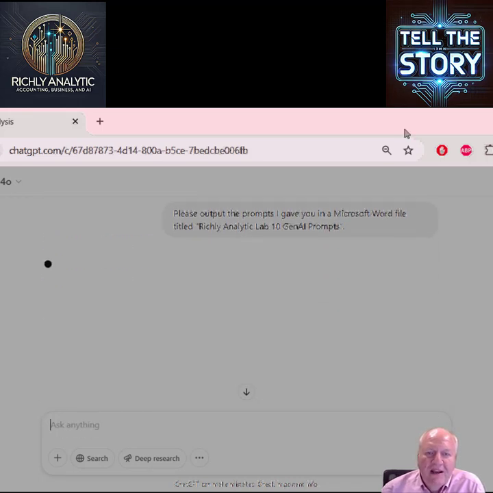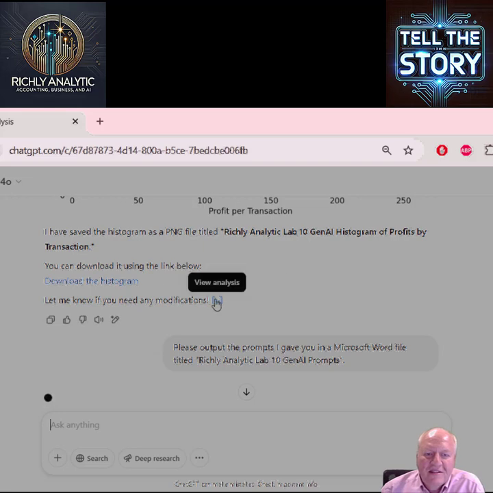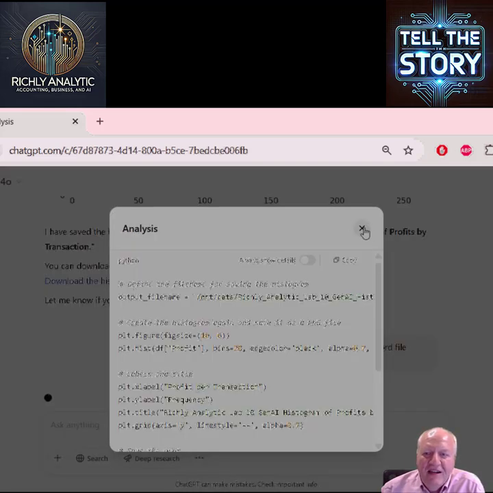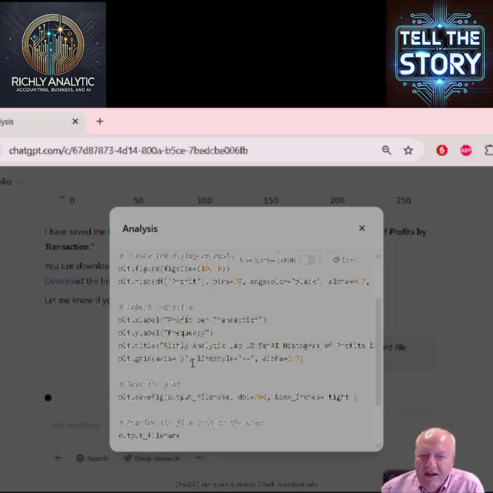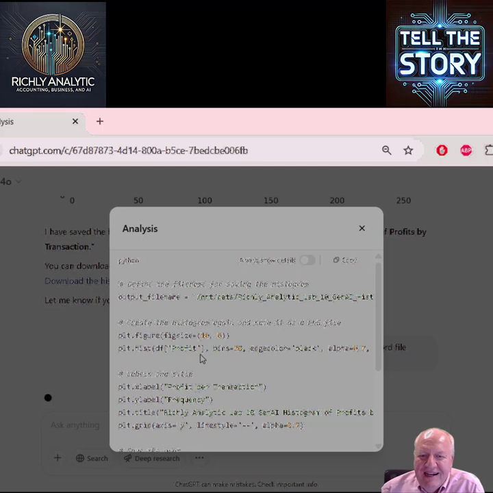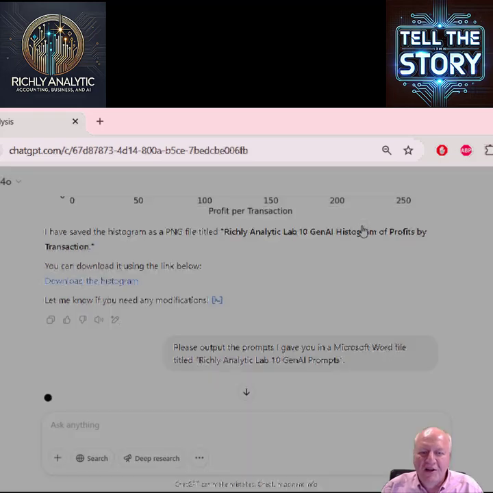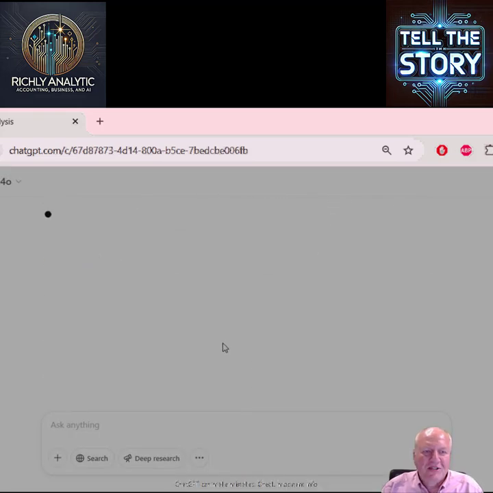I did want to point out one thing while this finishes. After each instruction at the end, it provides a Python summary, the code that was written. I really like this because it gives me more specificity instead of assuming it is a black box and I didn't know what it did. This tells me specifically. Now, it really only works if I know Python, but even trying to understand the code, that's a good possibility. And it looks like this is still working on the instruction, but we'll output it.